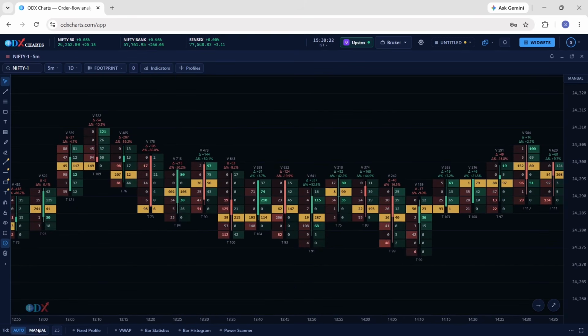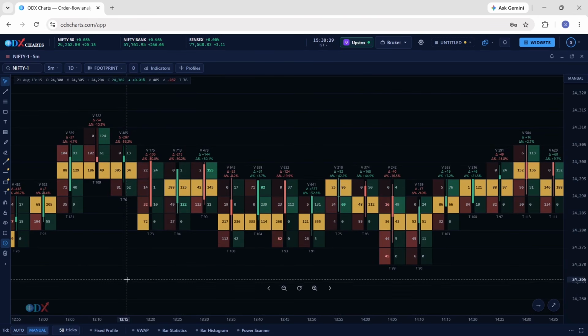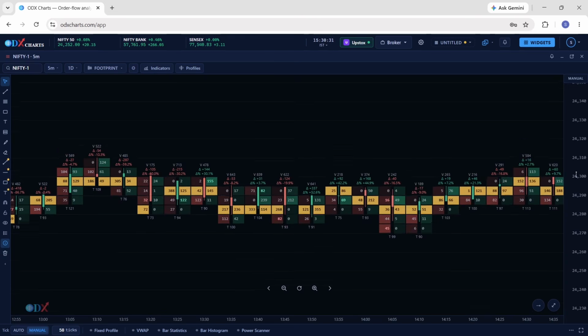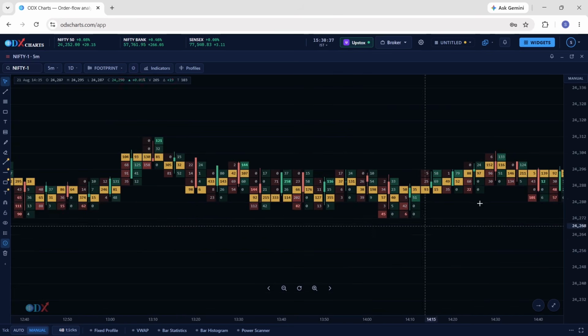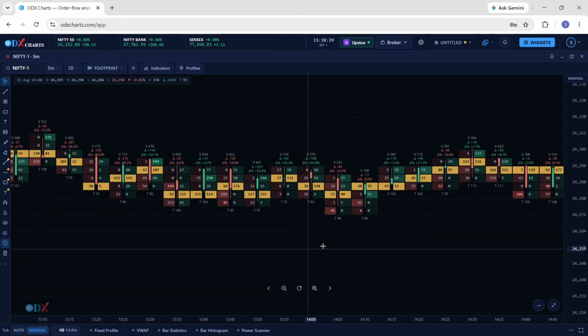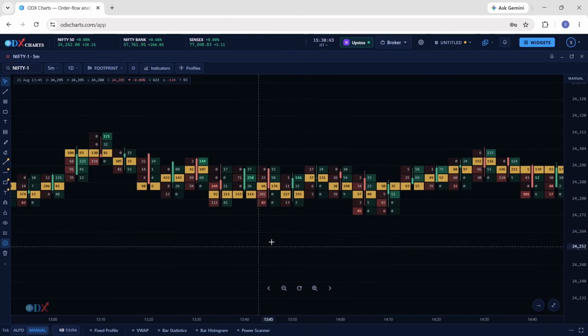You can select any manual. So if you click here and if you want to put any manual number, let's say if you use 40 or 50 tick, you can just type here and then it will not change. It will stick to 50 tick size. However, I prefer 40 tick size in 5 minutes. So for Nifty futures, it gives a better understanding, and this is a decent tick size for